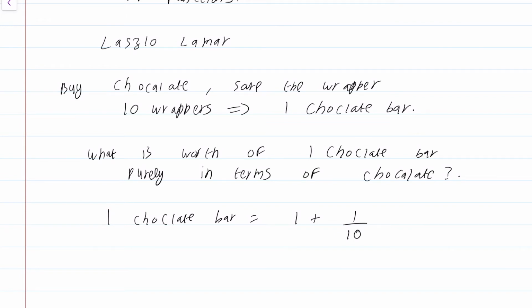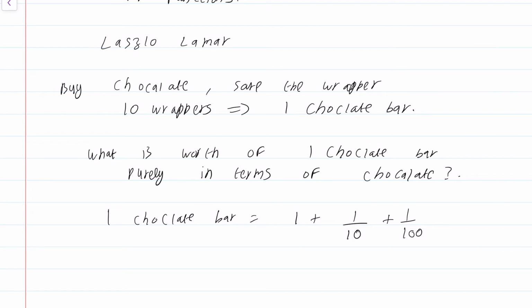But if you think about it for a second, the shopkeeper is not going to remove the chocolate wrapper and give you the chocolate when you give 10 wrappers. He's going to give you the new chocolate bar along with the wrapper, obviously. So that means that one chocolate bar that you have in your hand is worth the one chocolate bar, the chocolate inside, plus 1/10 contribution by the wrapper, plus another 1/100th, right? Because if you return 10 chocolate wrappers, you get one chocolate bar along with one wrapper free along with the chocolate. So that means that will contribute 1/100th.